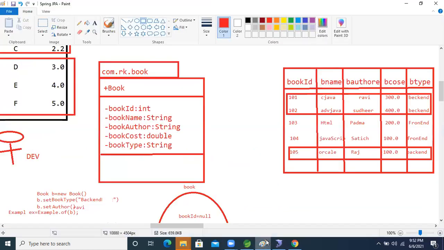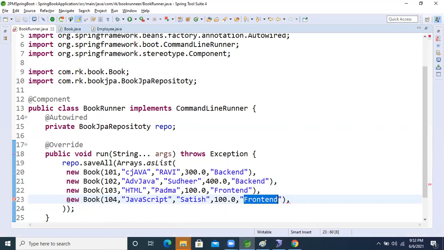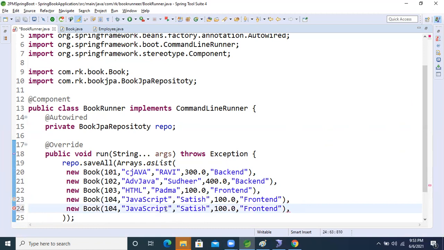Front end. Another one is what? Oracle, right? Backend. Oracle, Raj, backend, right? These are the data.